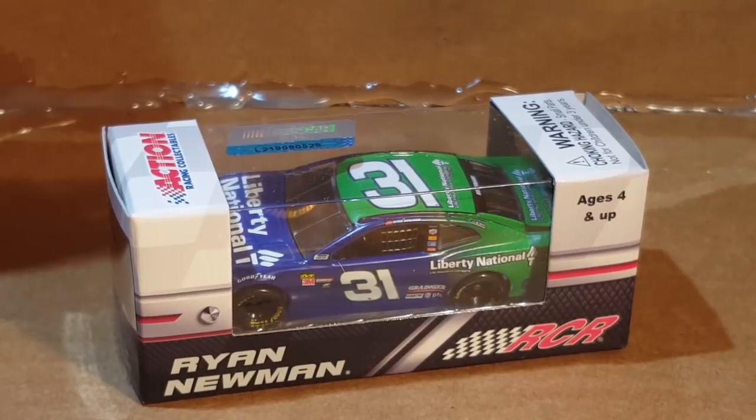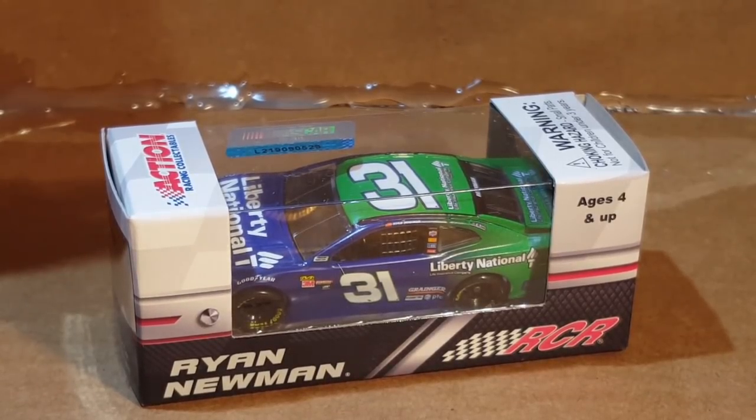And once again, what I forgot, William Byron will not race in the first race for sure. He will not be there. Chase Elliott will still be in the 24. And I think Freedom will make his last appearance in the Cup Series as an actual driver. And that 9 number will be retired and will go to Chase Elliott. Now, with that being said, here's Ryan Newman's Liberty National